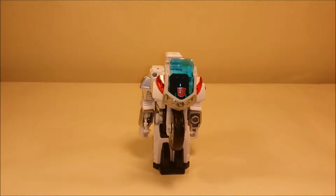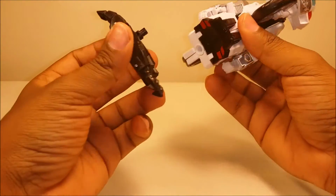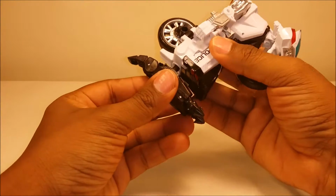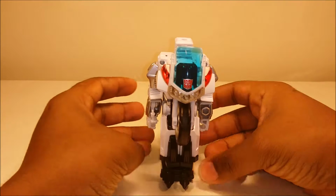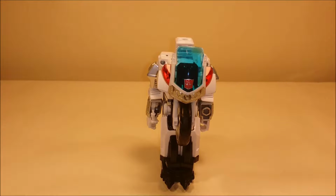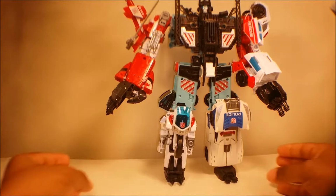You just want to take the combiner foot piece that he also came with, and you are going to tab that into the bottom. And there he is. Now I'll go ahead and show you what he looks like with the rest of the Protectobots when he's forming Defensor. Alright, so here is Groove with the rest of the Protectobot team,